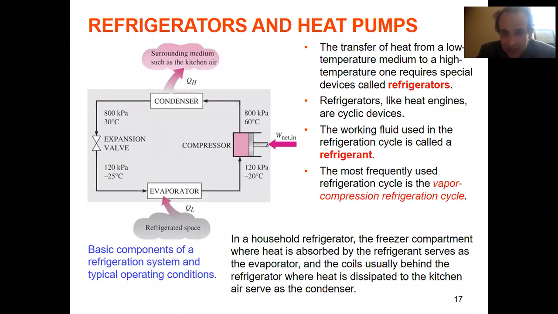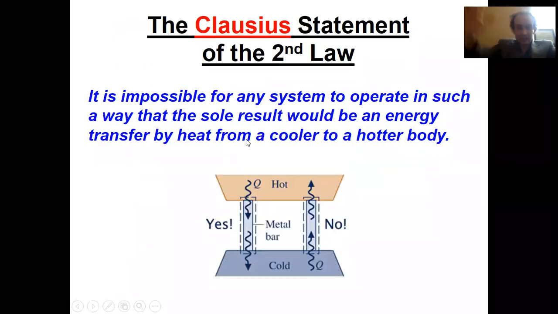It's because of the second law. It's the Clausius statement, which roughly speaking says that your fridge exists, but it cannot work for free. You need to deposit the work. This is the Clausius statement of the second law. Strictly speaking, it says, read here. And remember, it's serious. It is impossible for any system to operate in such a way that the sole result would be energy transfer by heat from a cold to a hot body. Here, please understand, sole result is important.